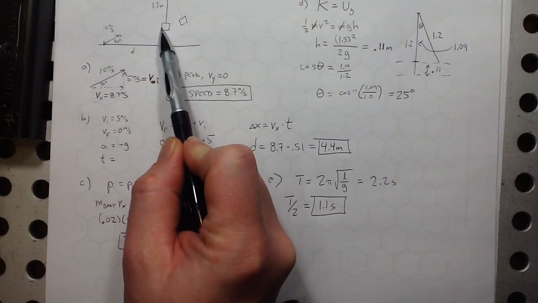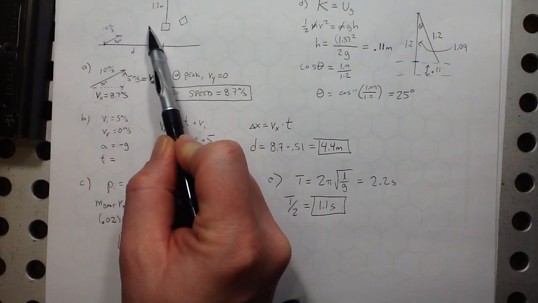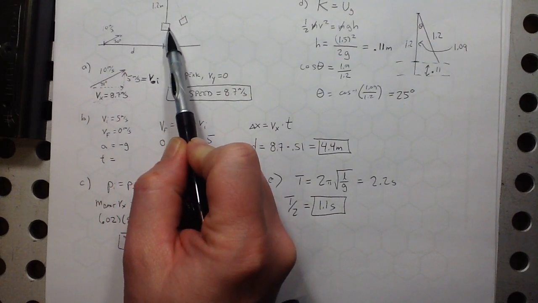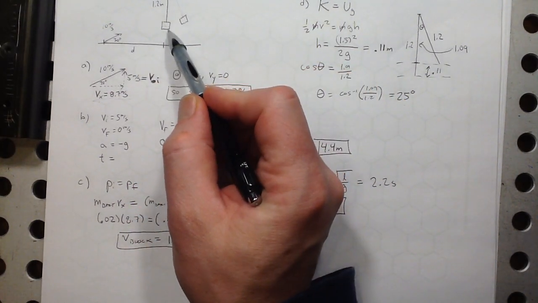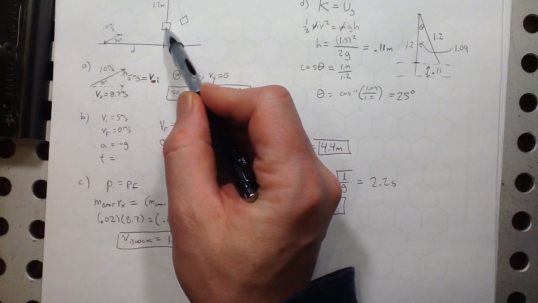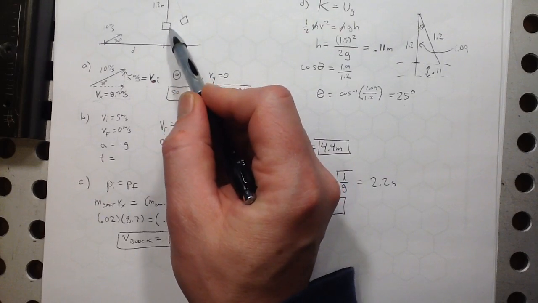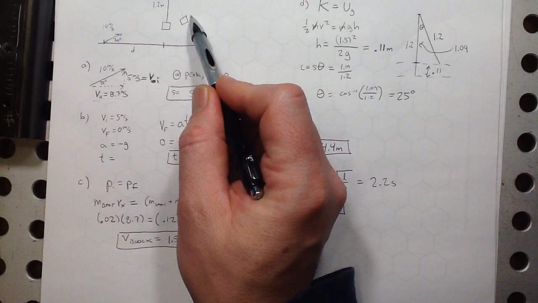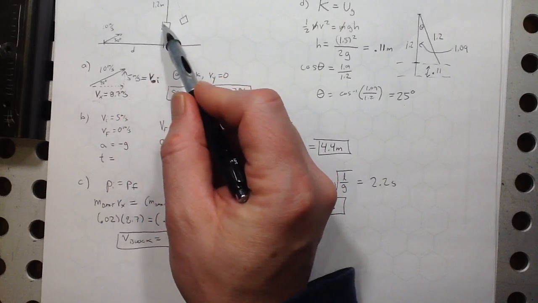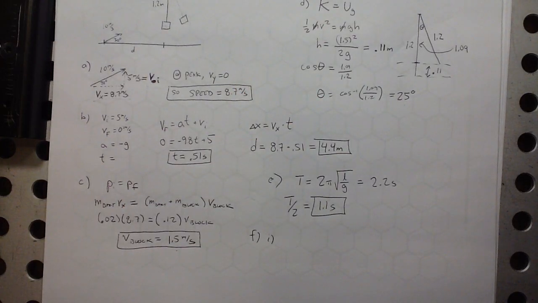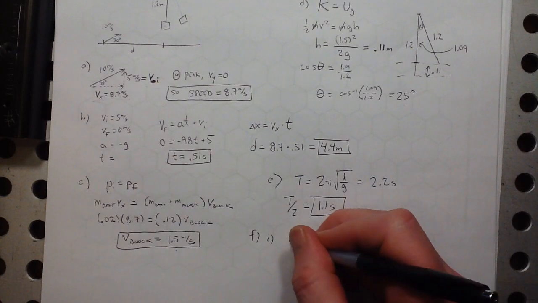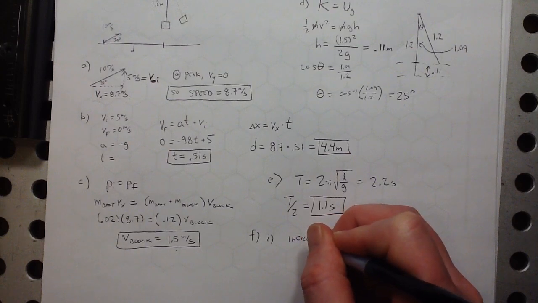But when it hits here, since it has more momentum to start, it's going to have more momentum after the collision, and this had the same mass, so it's going to swing a little higher, right? If you launch something heavier into this at the same speed, that's going to make it swing a little higher. So that's actually part one. Would the angle theta increase? The angle theta would increase,